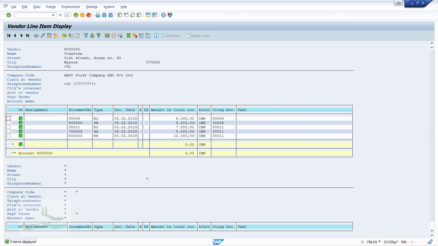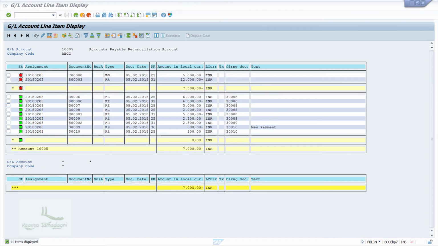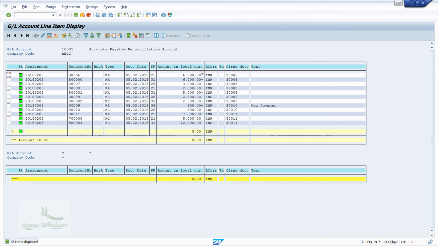For that, I'll switch to the FBL3N T-code screen, go to List and refresh. Yes, see here, the open items are cleared. Agreed? The system considered the credit memo line while posting the outgoing payment. Got it? So guys, I hope you are now clear with the credit memo in account payable process in SAP.